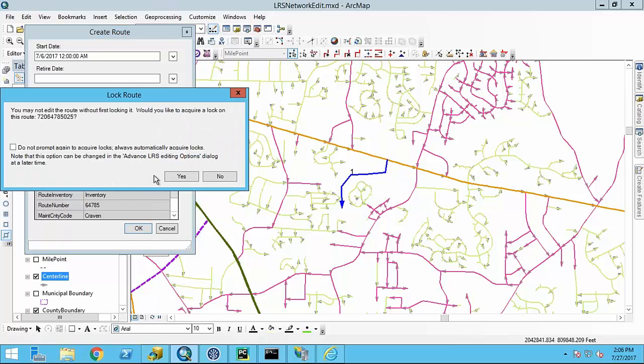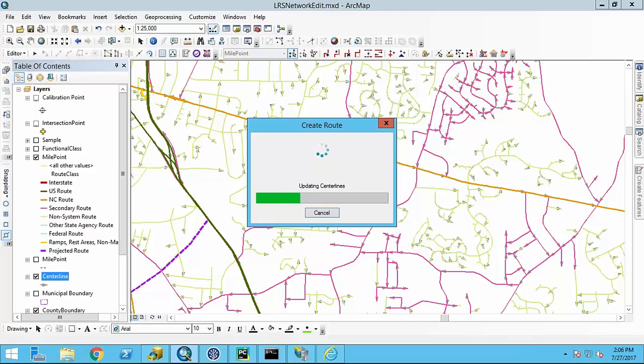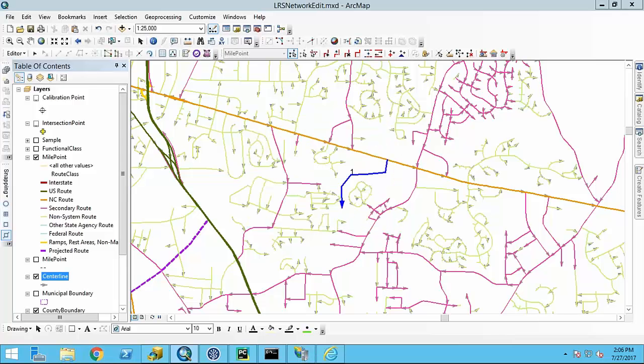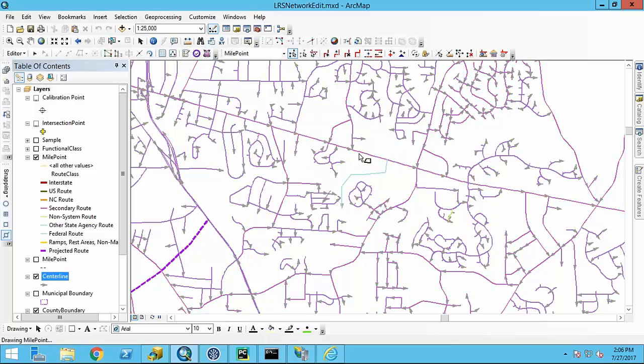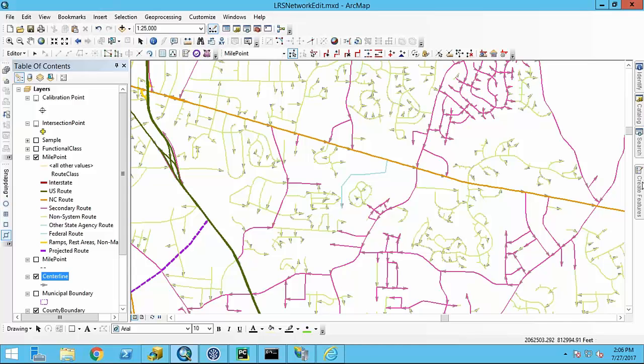We'll go ahead and let Roads and Highways do its thing to create our new route. Just a little hang up there, thinking extra hard about it. All right, so that one is created.